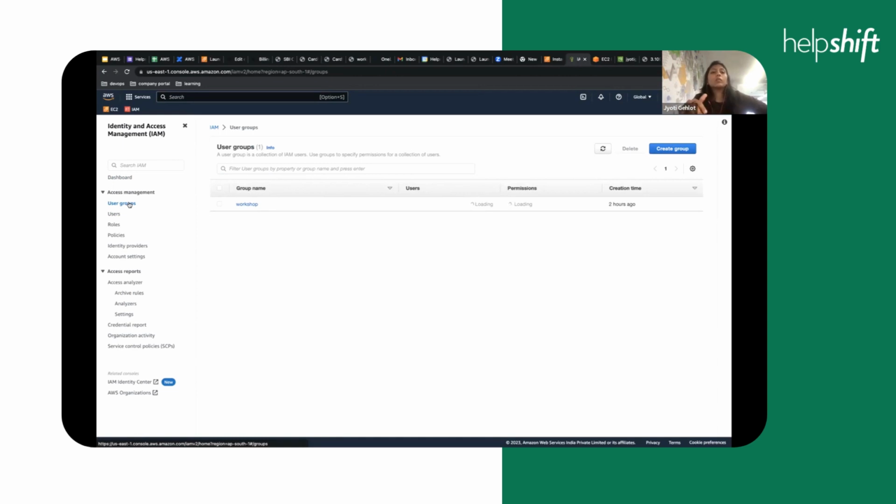So what we do is we create a dev group, and for that group we provide access, and then we add all the users of the dev team there, so all the users will have the access which the group has. So this is how the access is maintained at the organization level. With IAM role,